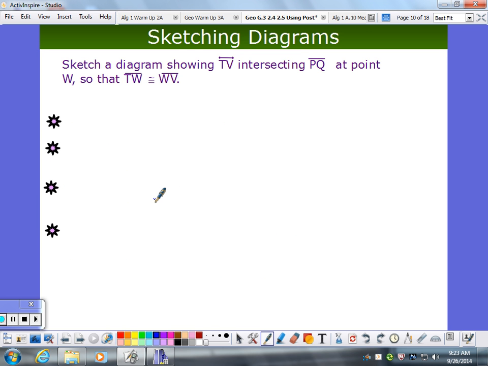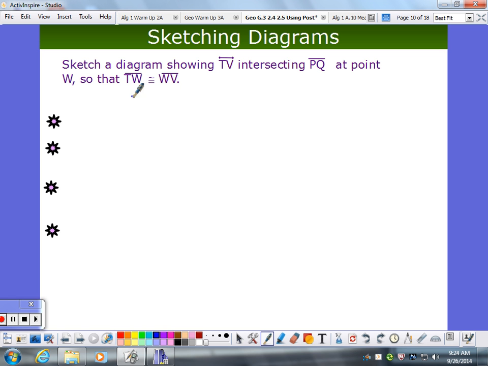All right, let's sketch some diagrams. I'm on page 2 here. So sketching diagrams, so important. You will find me saying over and over again, "Oh, I can't do this." Did you sketch a diagram? No. Call me back when you sketch a diagram. Geometry is so visual. There are people who can think in their heads. I don't know how you do it. You must draw pictures. So sketch a diagram showing line TV intersecting segment PQ at point W,